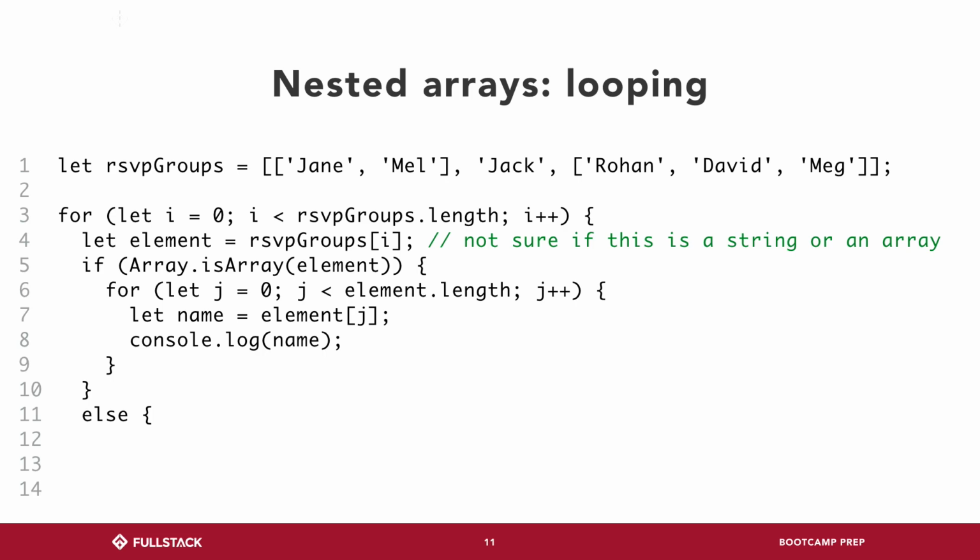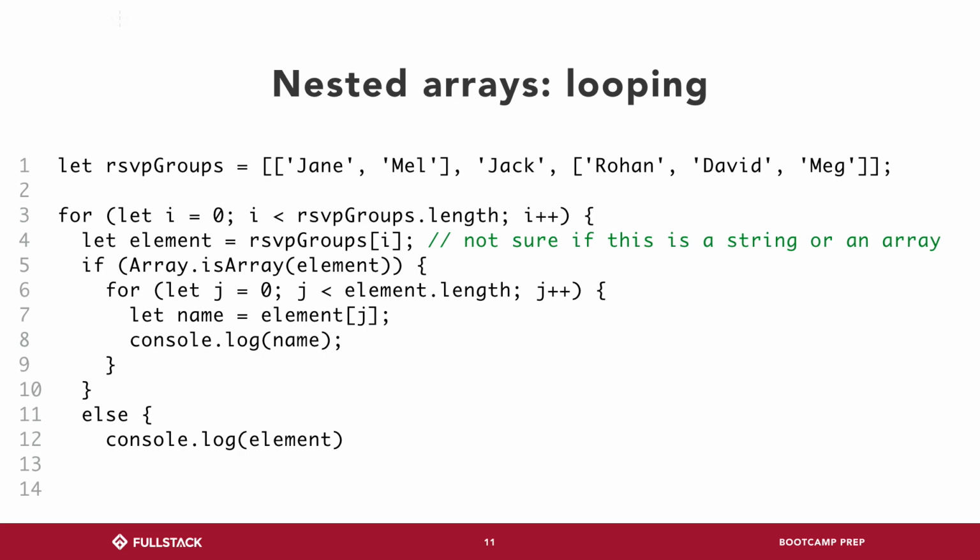If it's not an array though, you hit the else. So when it hits Jack, it's going to skip this whole block and go straight to else. It's still called element, so even though you skip this, you've run this line of code. So element's still referring to this, and so in else we're just going to console log this. So if we're trying to console log all the names in order,